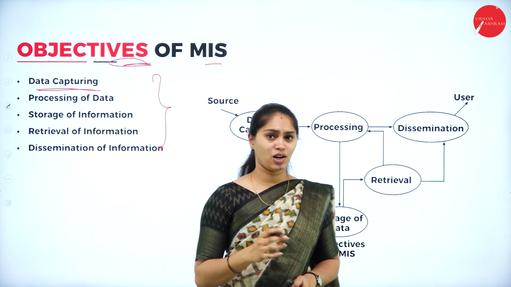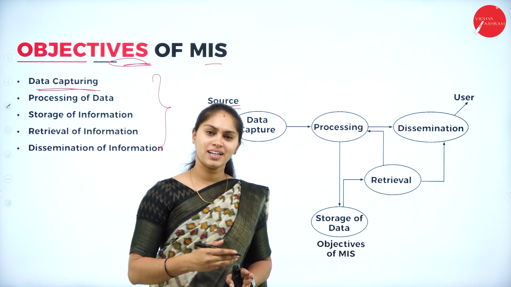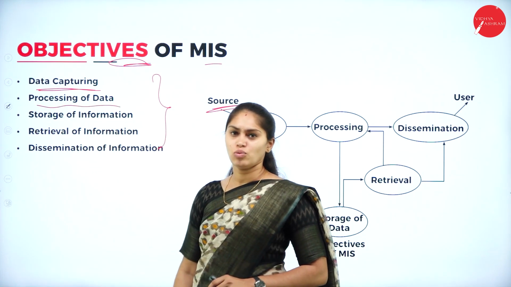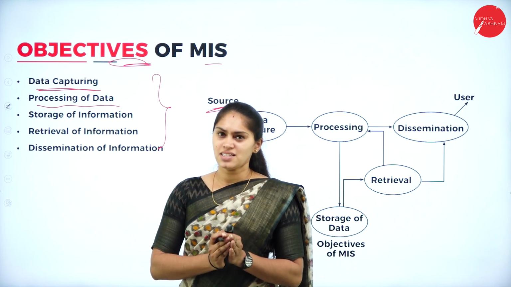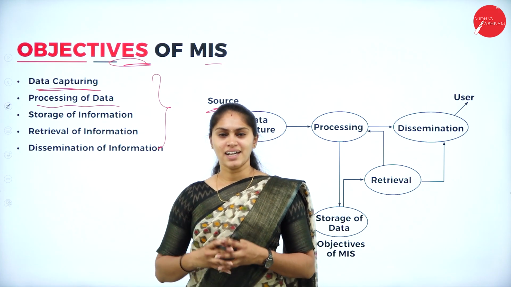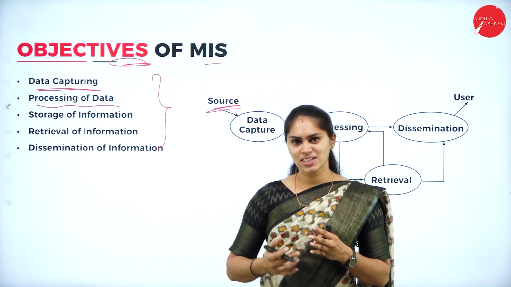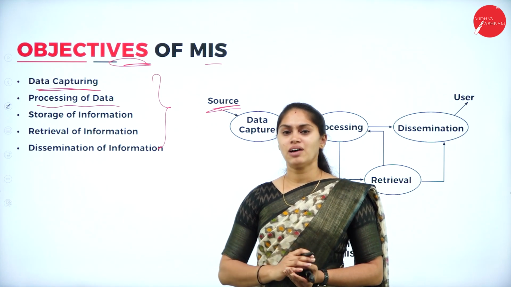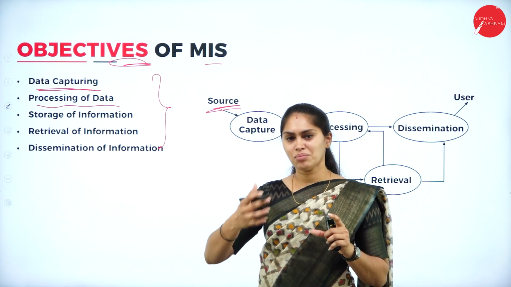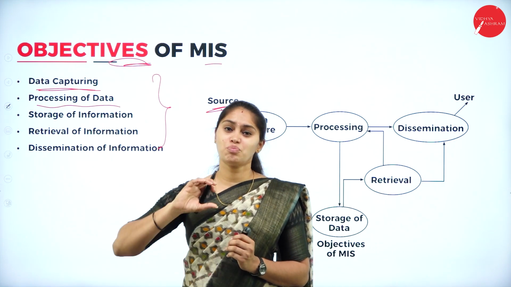We have to capture the data from different sources, either within the organization or outside the organization. Next, we have processing of data. You just understand one thing, data is different, information is different. I will give you a real-time example. You take a sugarcane. After grinding it, we are going to have sugarcane juice. The sugarcane is the data, and that processing is grinding, blending and all. So at last what we are getting? Sugarcane juice, that is information, that is processed data.